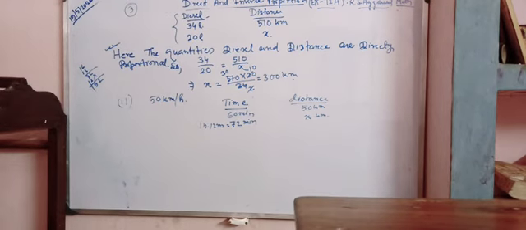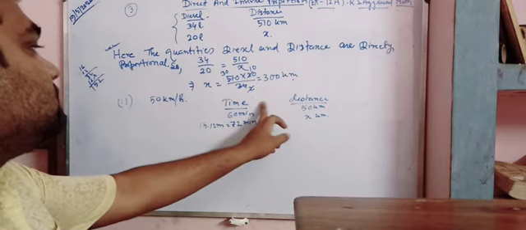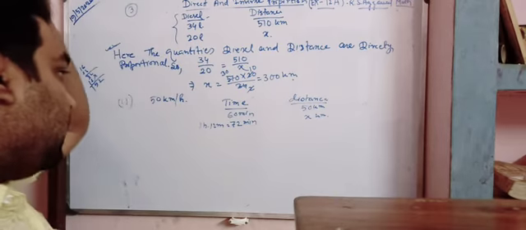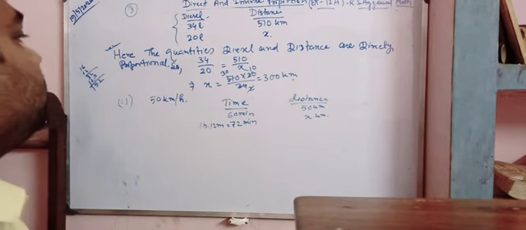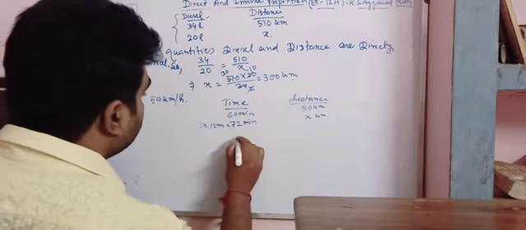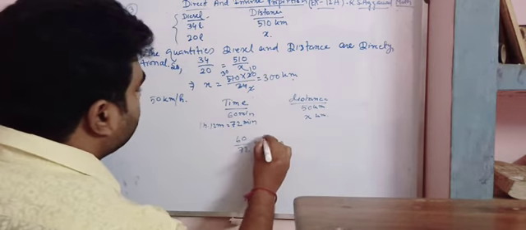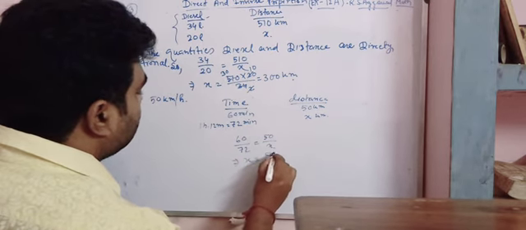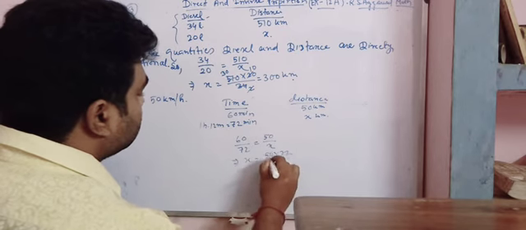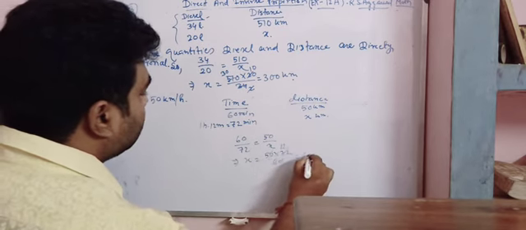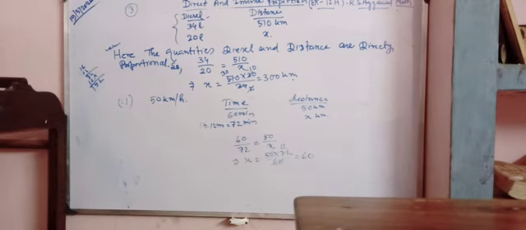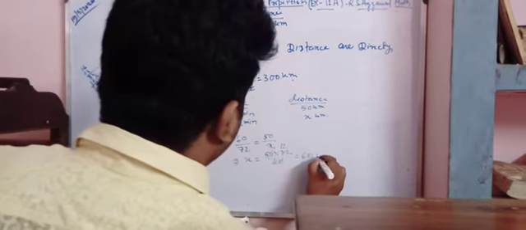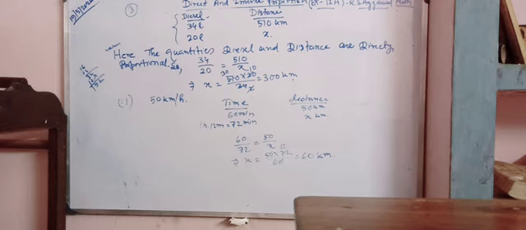So here also a direct proportion occurs between these two quantities, time and distance. So again we write these lines, the time and distance vary directly with each other. So the solution can be 60 by 72 is equal to 50 by x. That implies x is equal to 50 into 72 by 60. That is equal to 60 kilometers. So in 1 hour 12 minutes the car should travel 60 kilometers. So that will be my right answer.